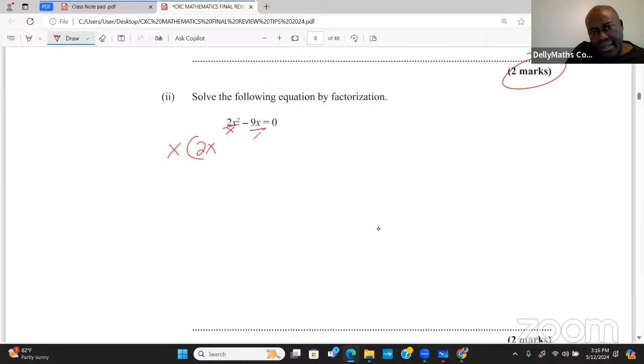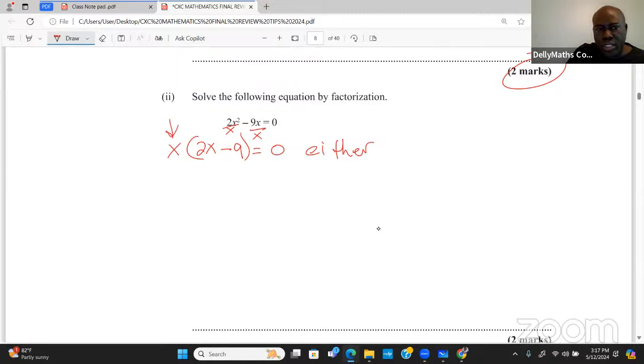Then I'm going to divide x into minus 9x. I'm left with minus 9, and this is equal to 0, right? So there it is. We have two things multiplied, and the result is 0. Now, we wouldn't know which one is 0, but we definitely can draw a logical conclusion by saying either